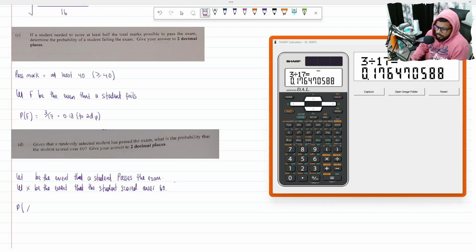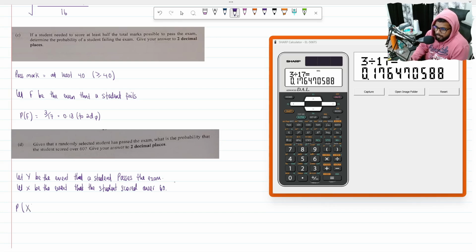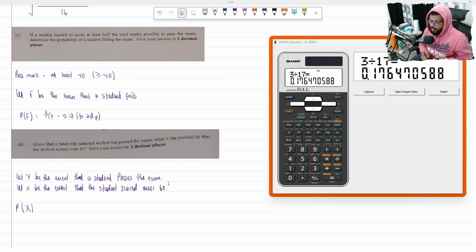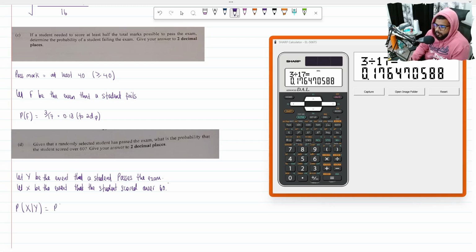Let me use Y, because I will probably have P on the outside and a P on the inside. It could be X given that Y: the probability that the student scored over 60 given that they passed the exam. This is equal to the probability of X intersect Y over